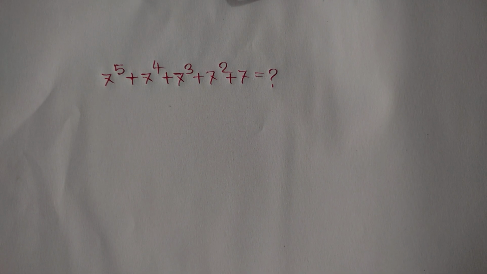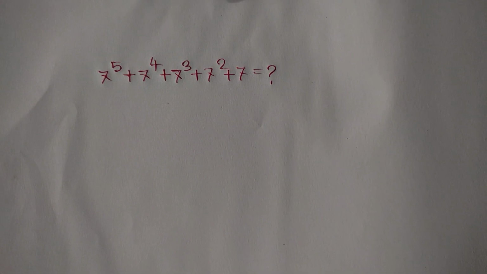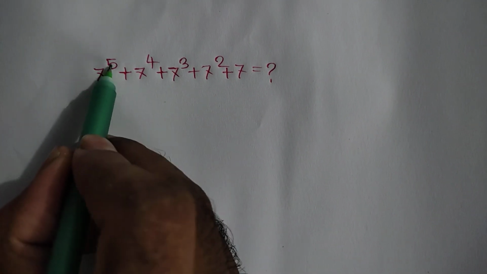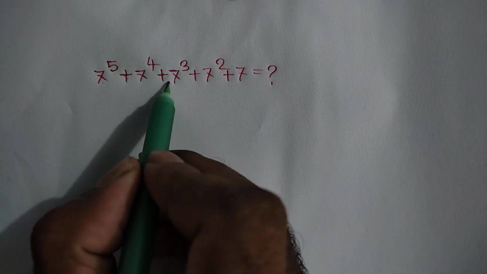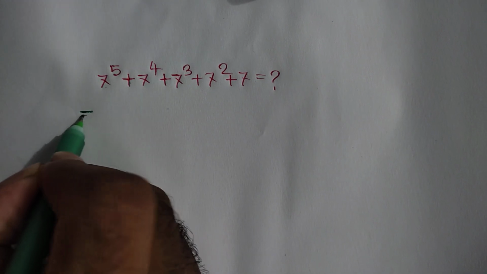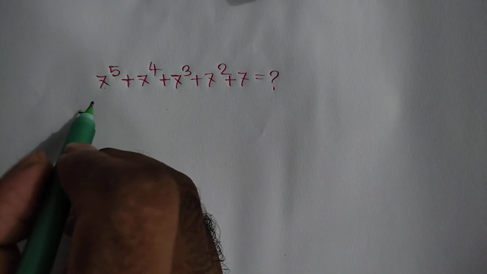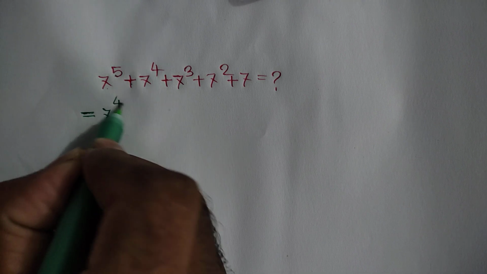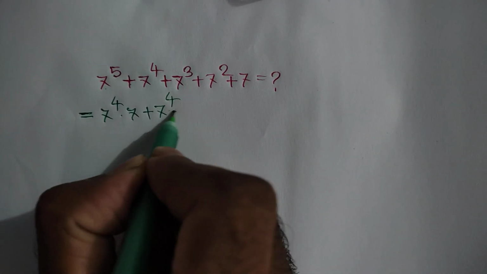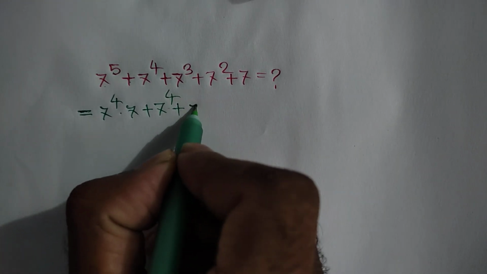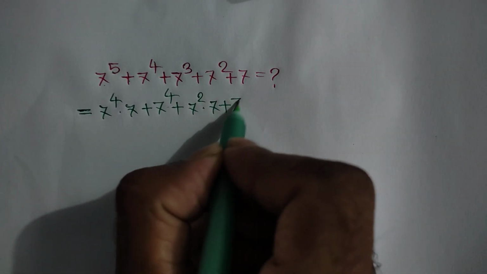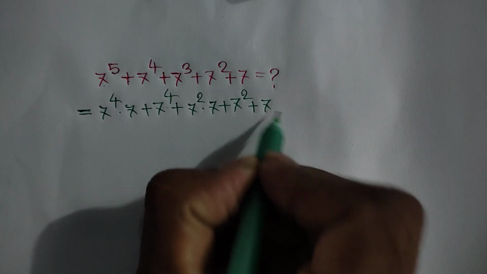Hi everyone. In this video I am going to show how to simplify this math without a calculator. Here 7 to the power 5 plus 7 to the power 4 plus 7 cube plus 7 square plus 7 is equal to what? Is equal to 7 to the power 5, we can write 7 to the power 4 times 7, plus 7 to the power 4 plus 7 cube, we can write 7 square times 7, plus 7 square plus 7